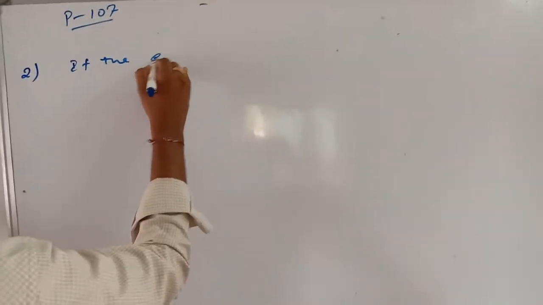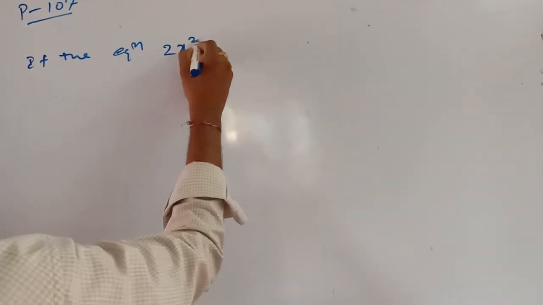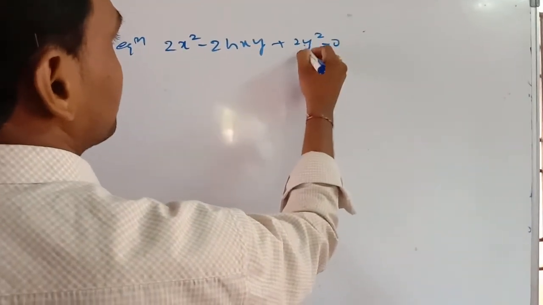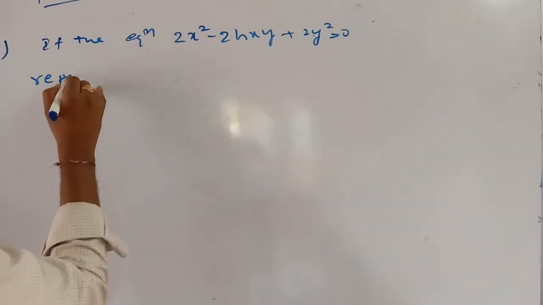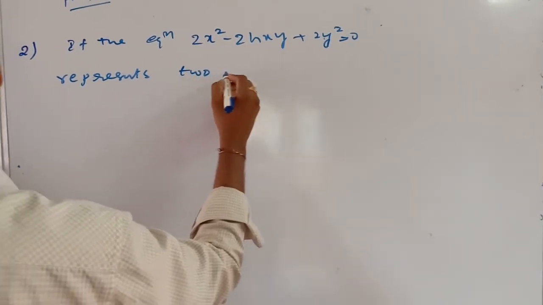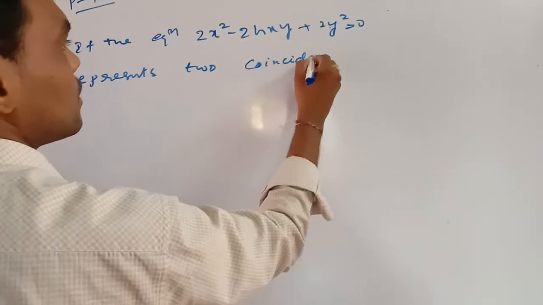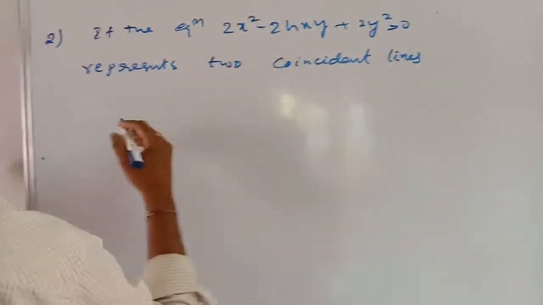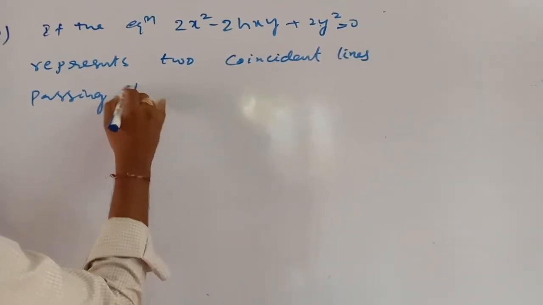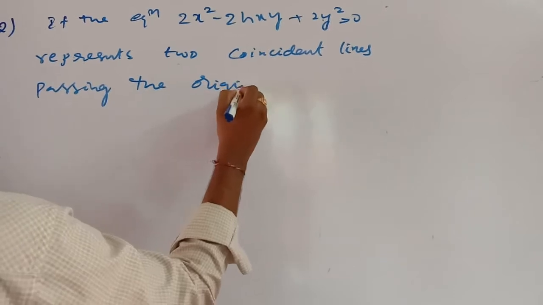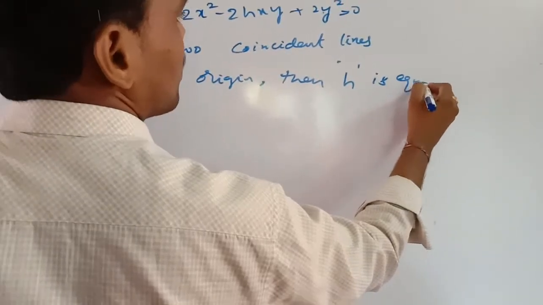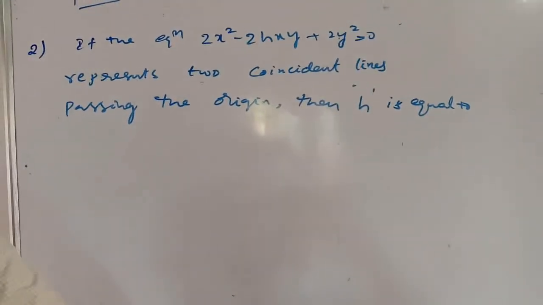If the equation 2x square minus 2hxy plus 2y square is equal to 0 represents two coincident lines passing through the origin, then h is equal to...